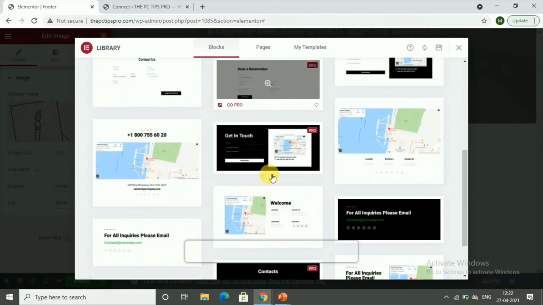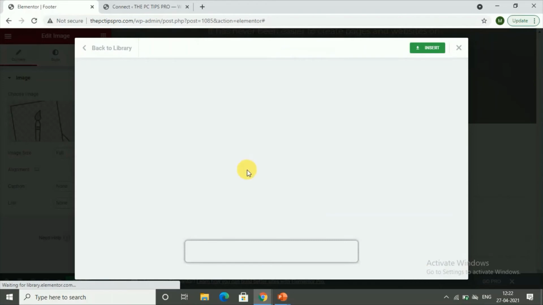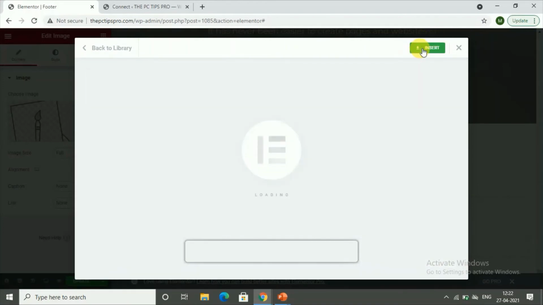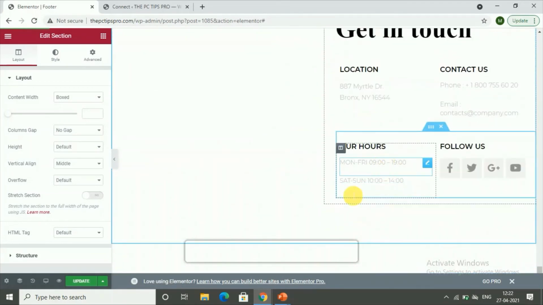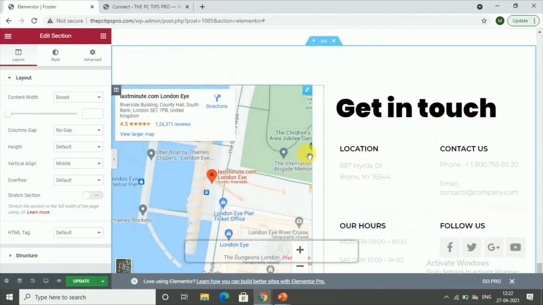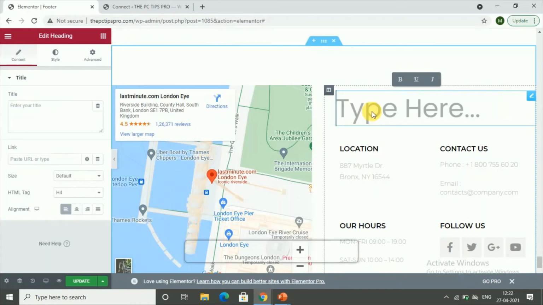So you can choose any one of them, you can click on it and you can get a preview of it. And if you think that is suitable for your website, you can click on insert. So clicking on the insert, you just get that block to your website. So this is how it looks, and you can even make changes to this contact. Like you can select the text and you can give your own text